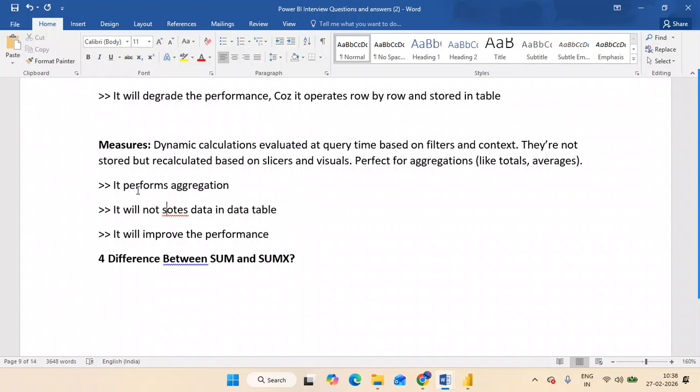It will not store data in a data table. Okay, so it performs aggregation. And one more thing,